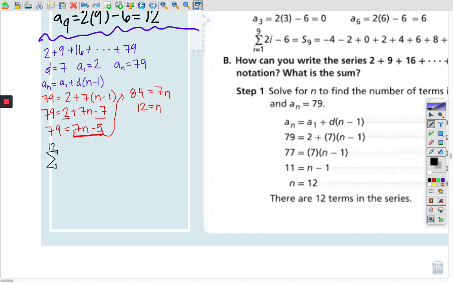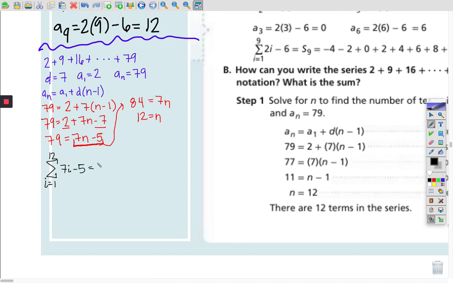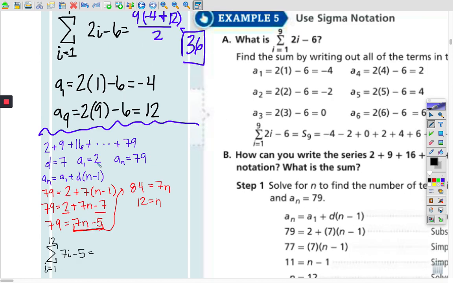We have 12 total terms, right? i is going to equal 1 because we're starting with our first term. And then we're going to use this equation right here, 7n minus 5, except we're going to change the n to an i. And just like we did on this problem right here,